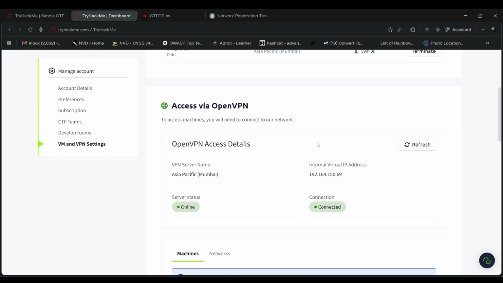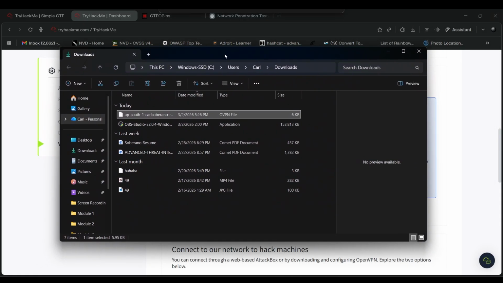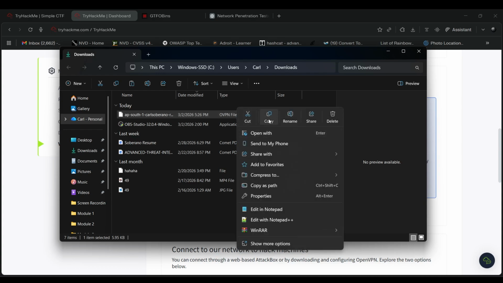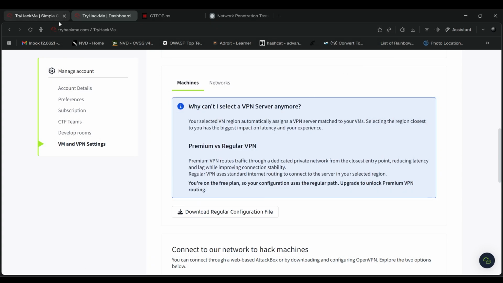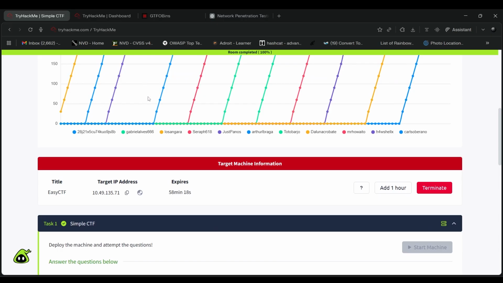If you scroll down, you have this Download Regular Configuration File. If you have a premium account, it'll say Download Premium Configuration File. So let's download this and then click on the folder here. It'll open up the downloads folder for me, and here's the OpenVPN file. What we're gonna do here is copy this file. Okay, we have the IP address as well. So we just copied the file,